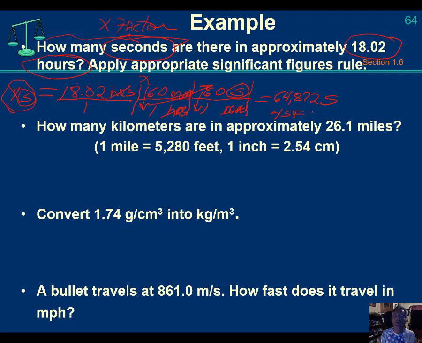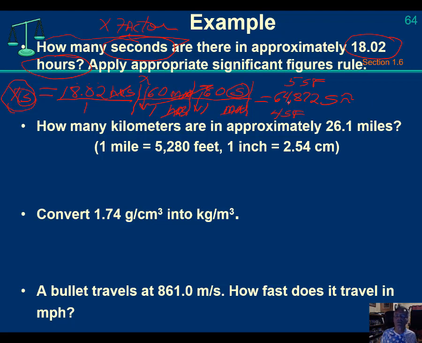But hold on here, we're only allowed 4 significant figures. This is 5 significant figures, and so I have to go ahead and round this to 4 significant figures, and